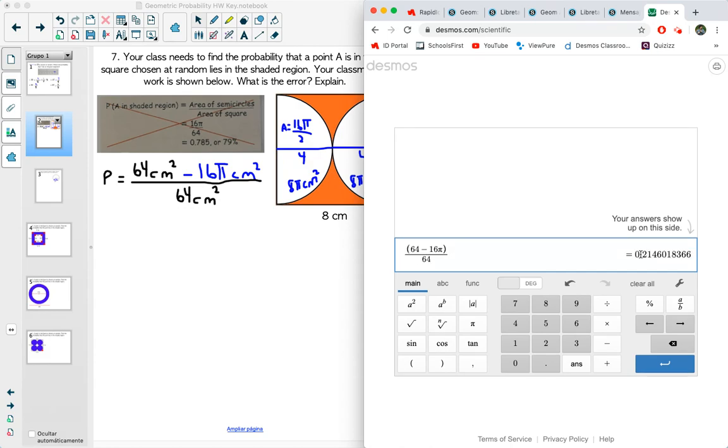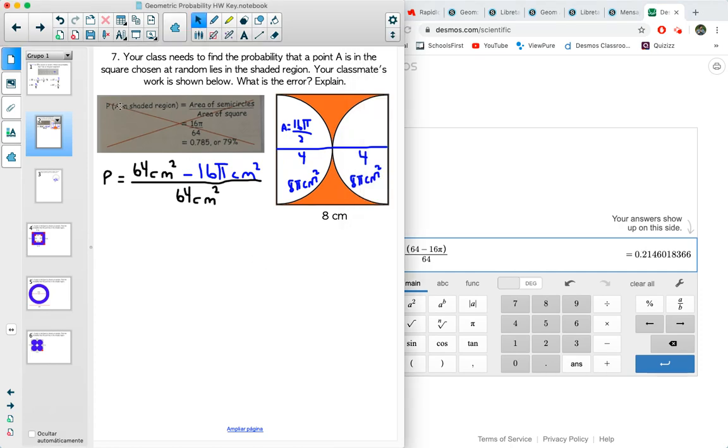So the probability that point A is in the orange shaded region is 0.214. So I'm going to write that down as a percentage. I'm going to put it in orange just because the shaded region is in orange. So the probability is 21, and I'm going to round up because this is bigger than 5, so this is going to be